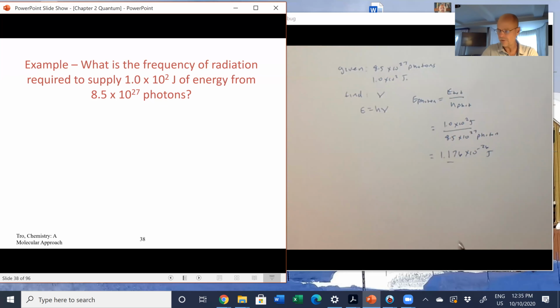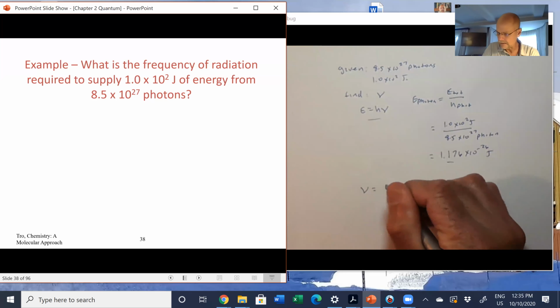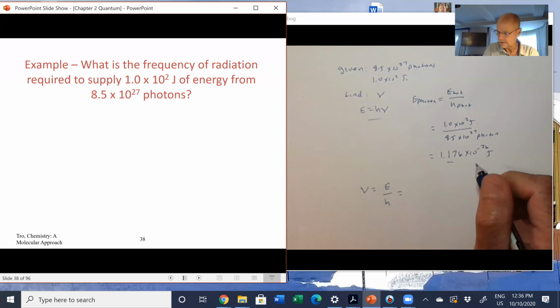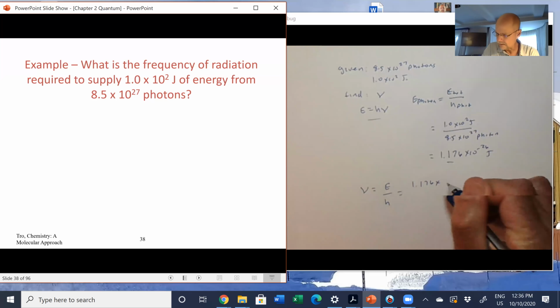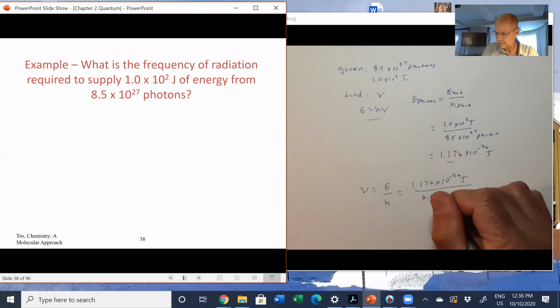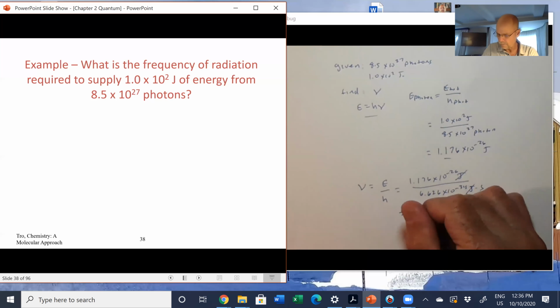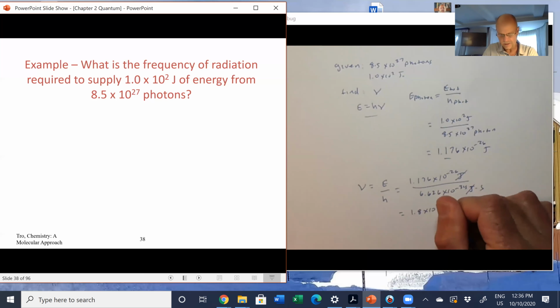So if we want the frequency of that photon, then we just use this equation, right? And we say nu is equal to E over h. So that's equal to the energy, 1.176 times 10 to the minus 26 joules, divided by h, 6.626 times 10 to the minus 34 joule seconds. The joules cancel out, and I'm left with 1.8 times 10 to the minus 7 per second, which is equal to 1.8 times 10 to the,